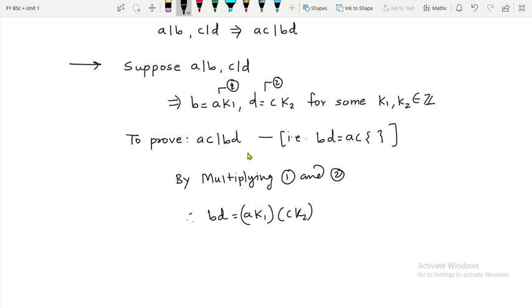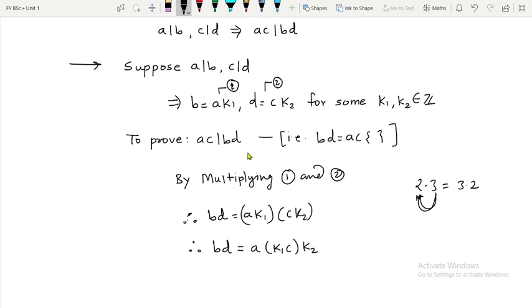If you change the bracket, you still get the same answer. So I can write it as A K1 C, right? I have changed the brackets, and further this C can be shifted from here to here, because in integers, 2 multiplied by 3 is the same as 3 multiplied by 2. So the shifting is possible. See, 3 has been shifted to the left hand side, still you get the same answer, 6 in both cases. Therefore this C can be shifted, and I can write it as A CK1, this K2 as it is.